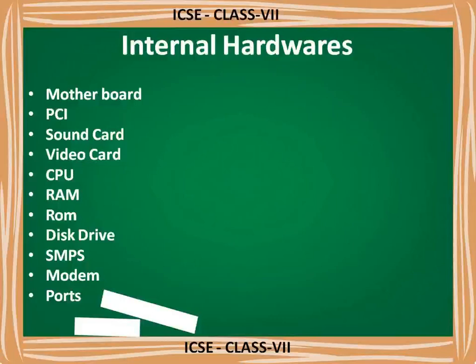Next is the disk drives. Disk drives means the storage devices in a system. In a hard disk, when we format the system, we create partitions, so local disk C, local disk D, local disk E. Those are all disk drives. That is the place where our information is going to be stored. When we connect a pen drive, another drive is going to display in My Computer, in that system.